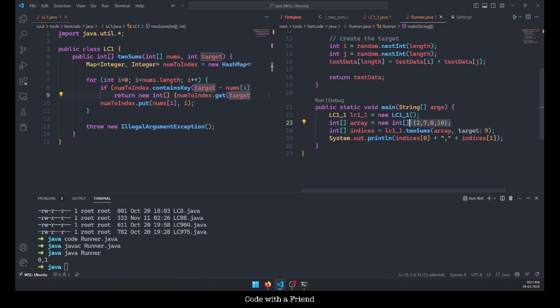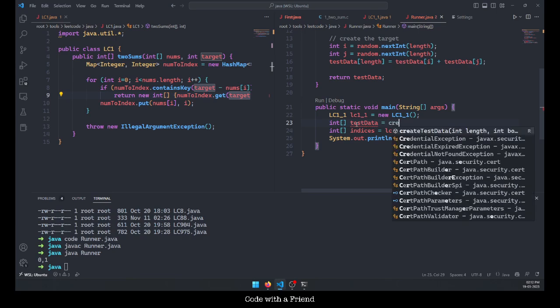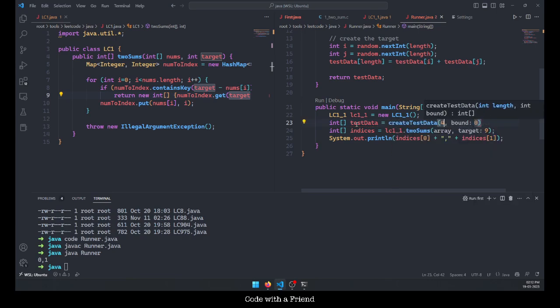Let's see how we can generate a similar array for this. So for that, what we need to do is create the test data here. Create test data of length 4 and bound is 10. So it will return me an array of length